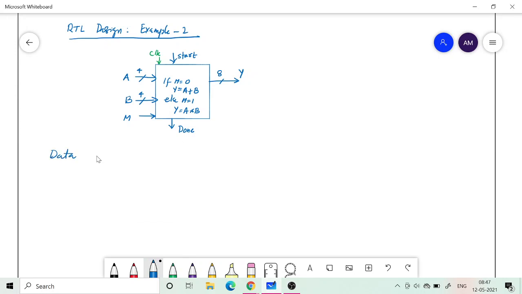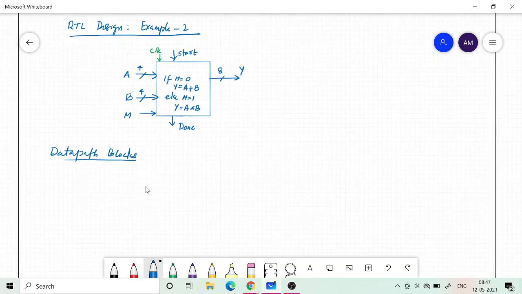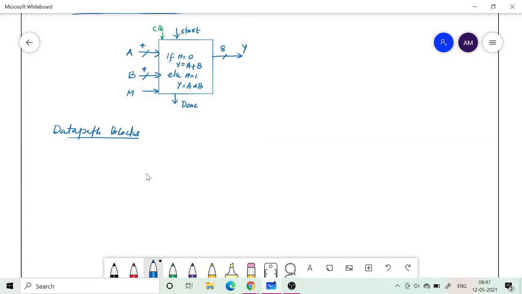Data path blocks. So what are the data path blocks that are required for making this design? Number one, we need registers.